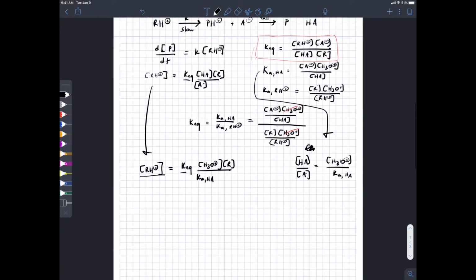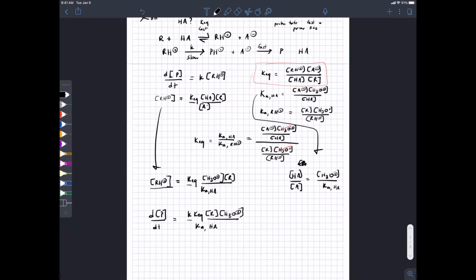And then if I put that into my rate expression, the rate law for formation of product here depends on some rate constant, some equilibrium constant, the concentration of R, the concentration of H3O plus, and then my acid dissociation